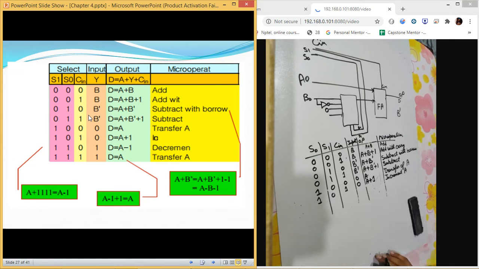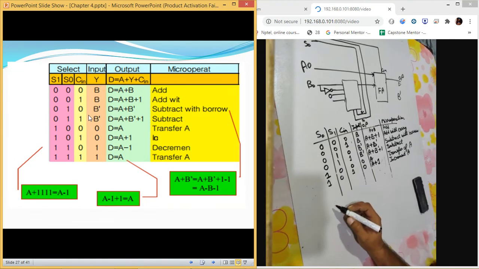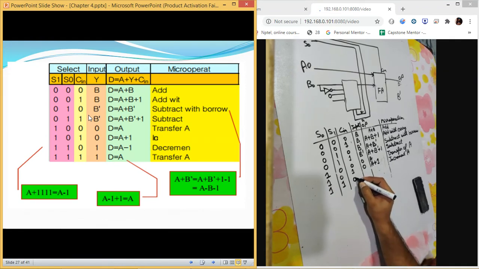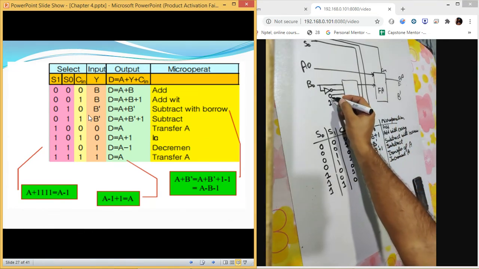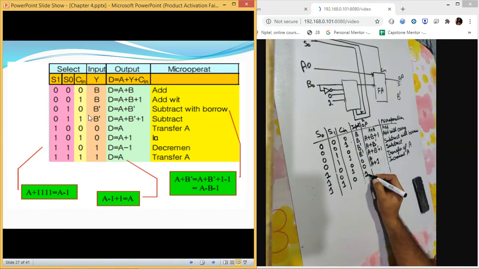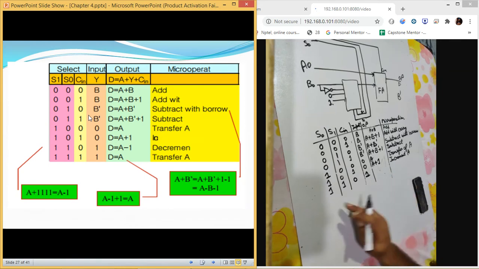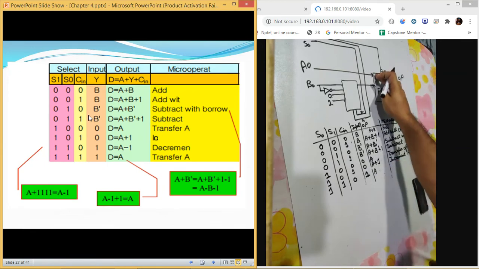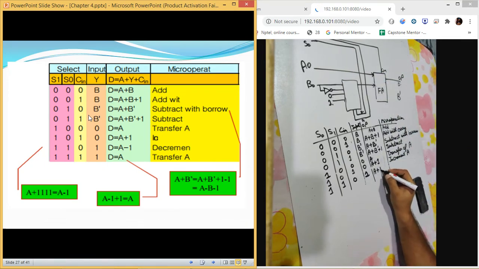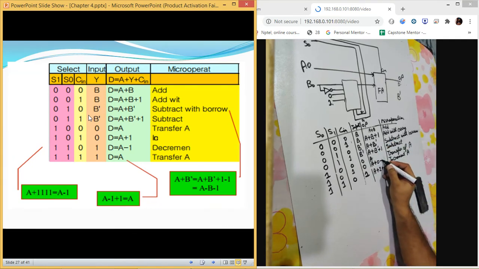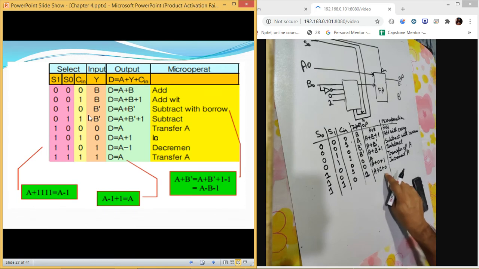Let us move to the next operation. In the next operation, we have these two values, 1, 1 and C in value is 0. And at this place, earlier we were giving a value 0, now this value is 1. So if this value is 1, what operation is it going to perform? It will be performing an add operation with A, because A is there. Then it will perform A plus 1 plus 0. Now there is a small difference, and this is the part where it is different.